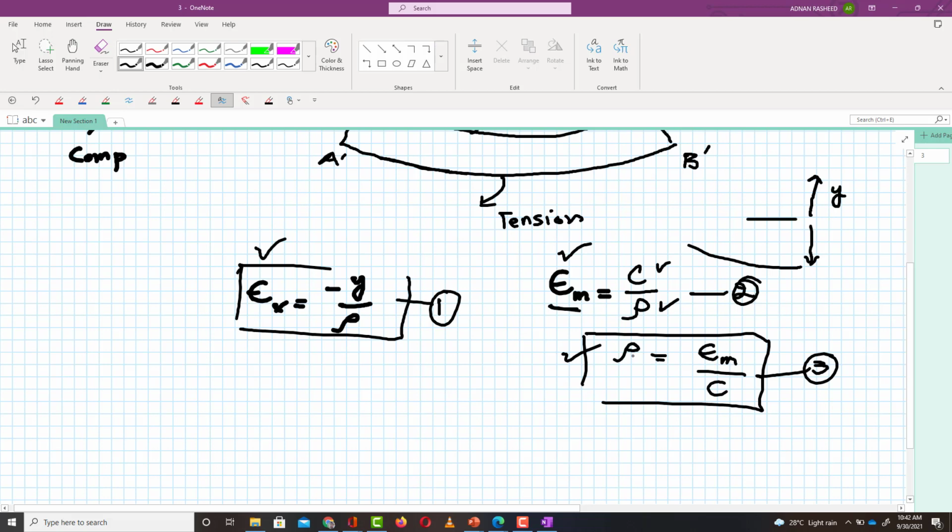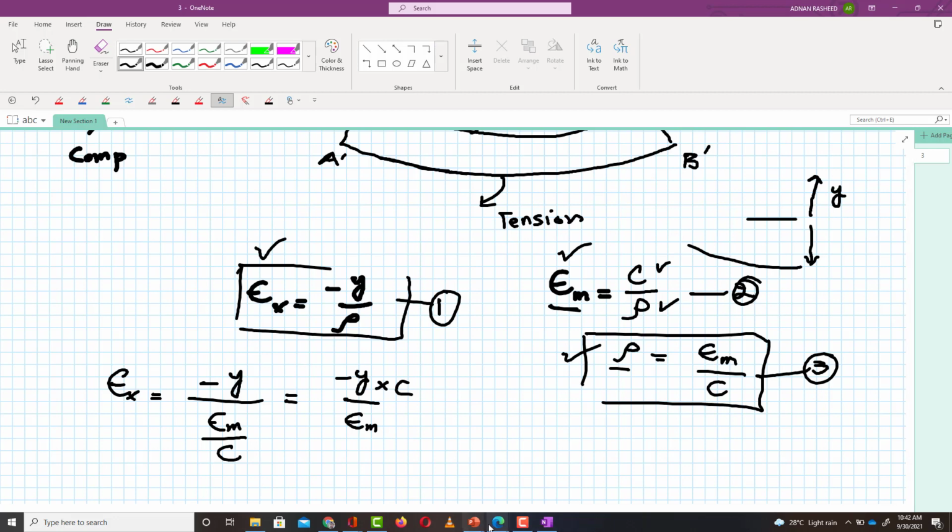So if you put the value of radius of curvature in equation 1, epsilon x will be equal to minus y over epsilon m into epsilon m over c. So that will be equal to minus y into c over,